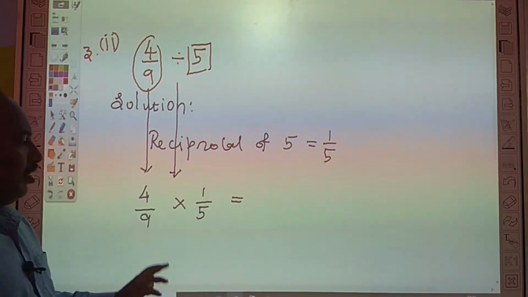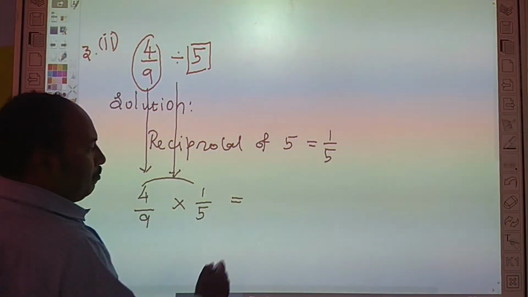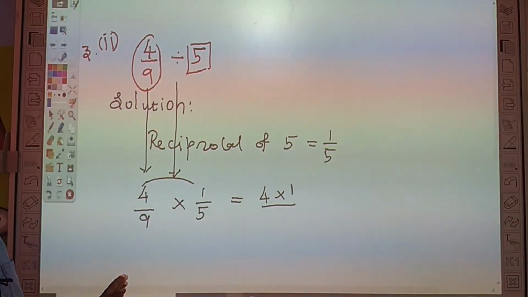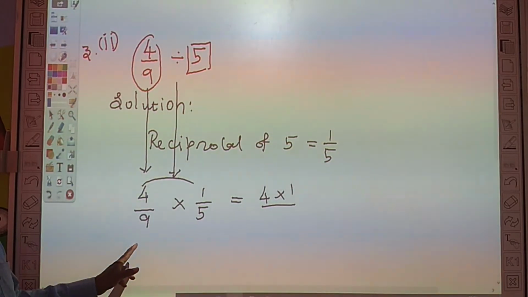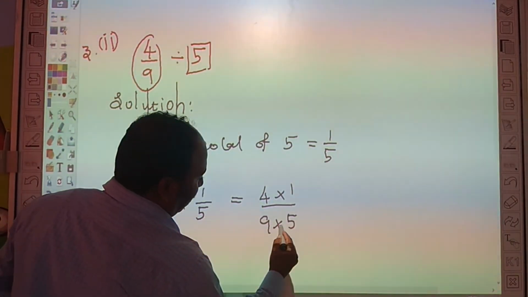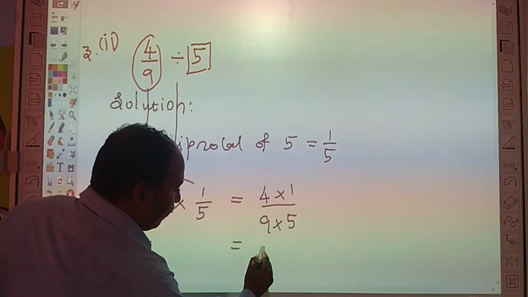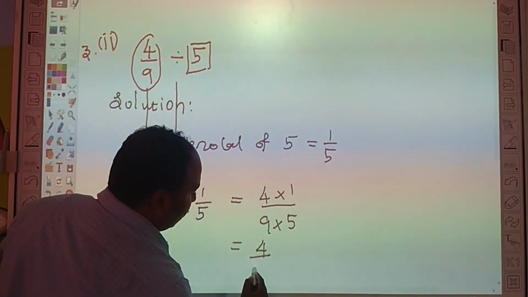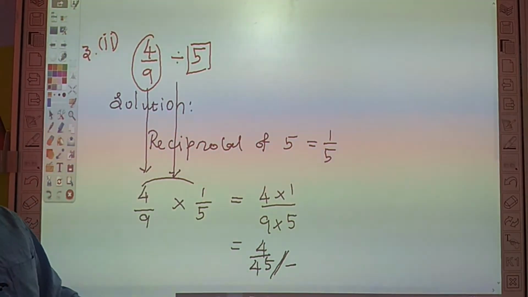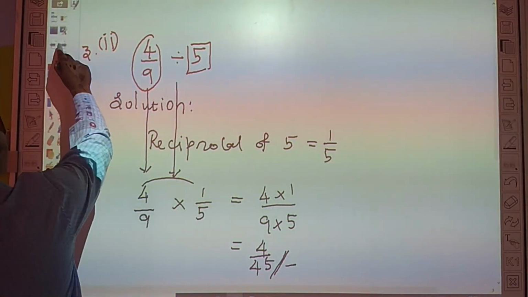First we multiply the numerator into numerator. Our numerator part is 4 into 1, which is 4. The next one, denominator into denominator. Denominator 9 into 5 is equal to 45. So our answer is 4 divided by 45. And the third one,